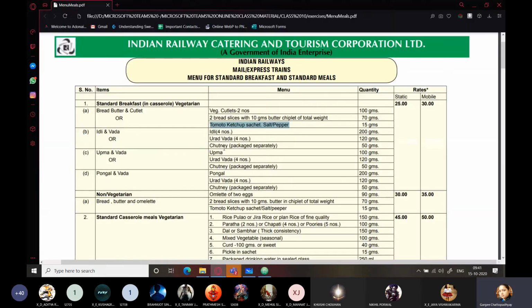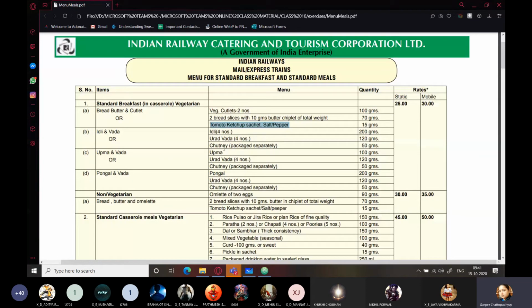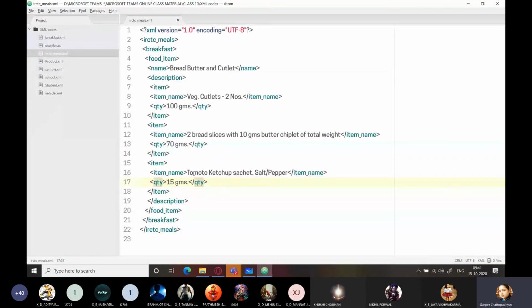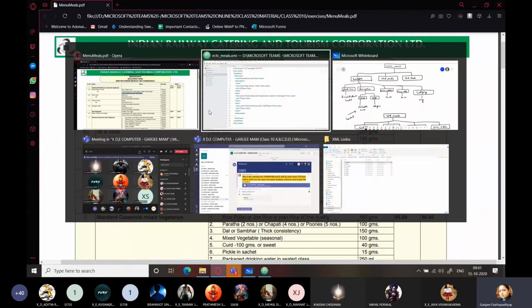Here quantity is 15 grams. And now after description, that is within food item, after description contained all these three things and their respective quantities also, but price is applicable on the entire food item.